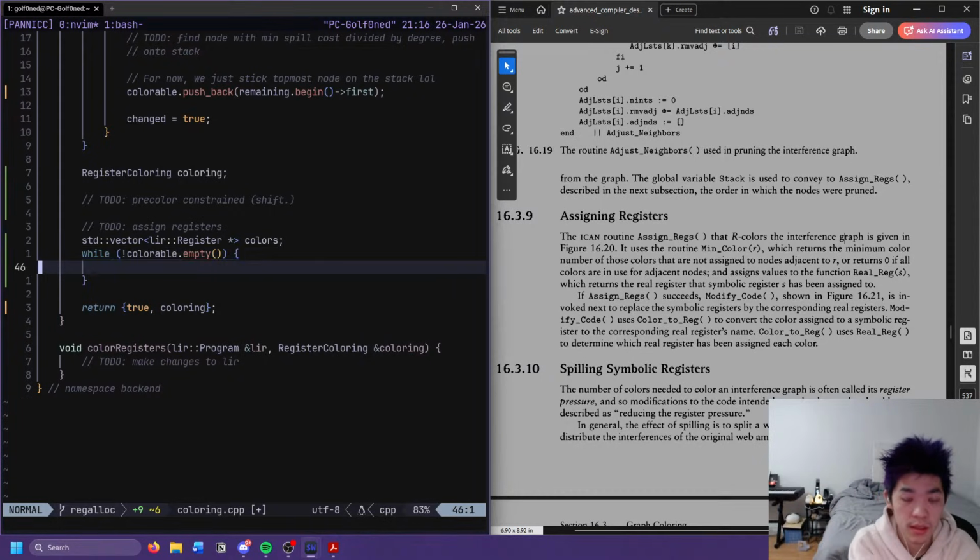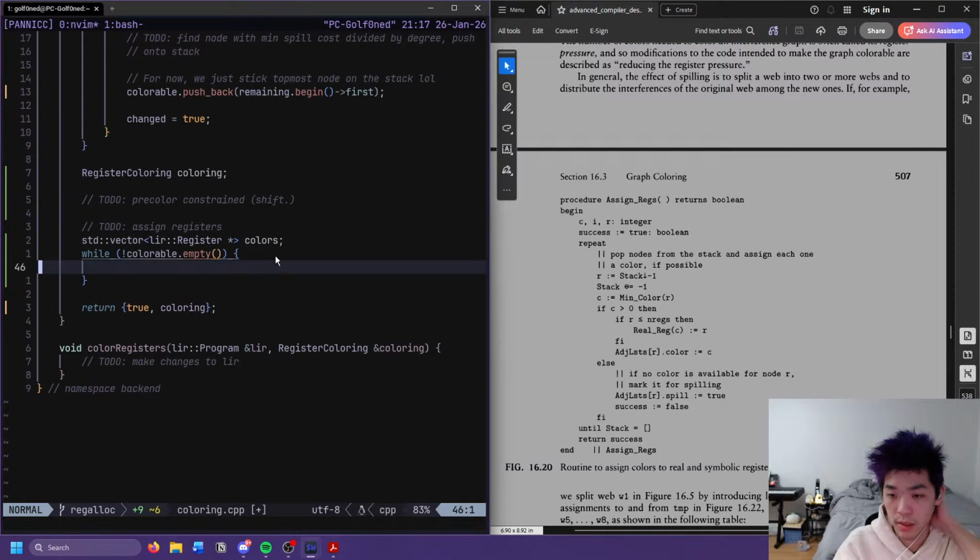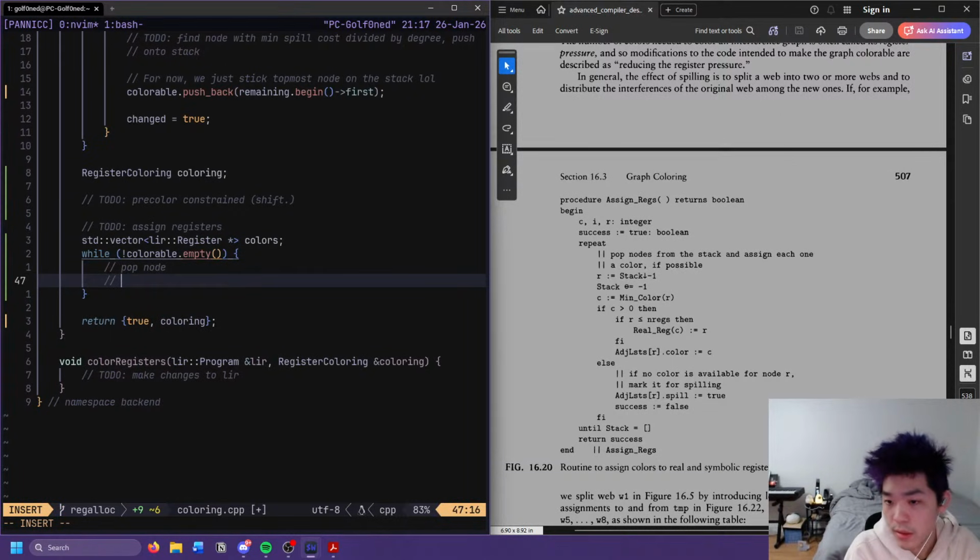Okay. So I guess let's look at what we need to do here. We want to pop node. We want to assign min color, I guess assign minimum. Not adjacent, I guess.